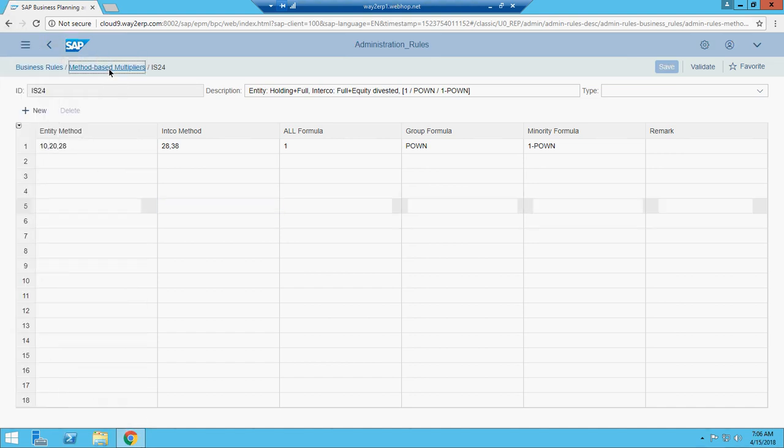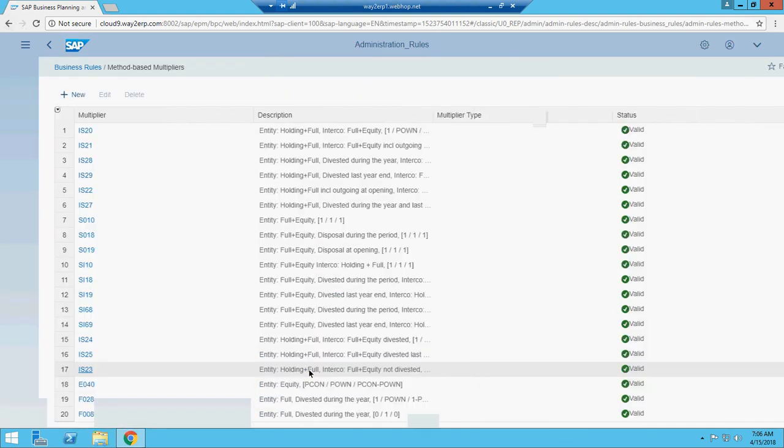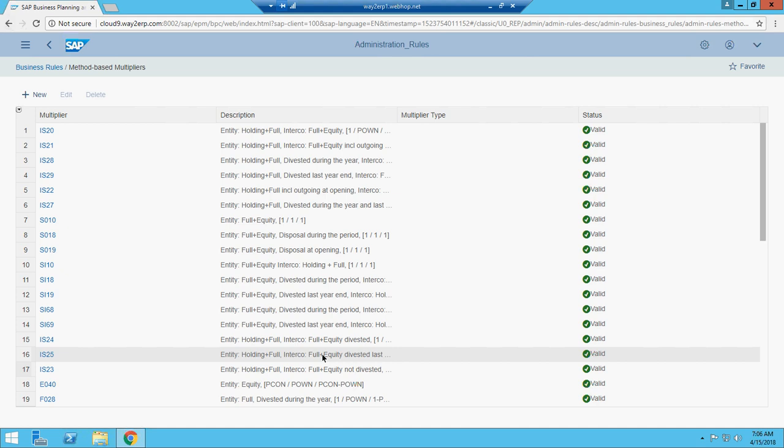So we have methods and method-based multipliers, which are already defined. There are method-based multipliers defined for budget consolidation. There are method-based multipliers defined for